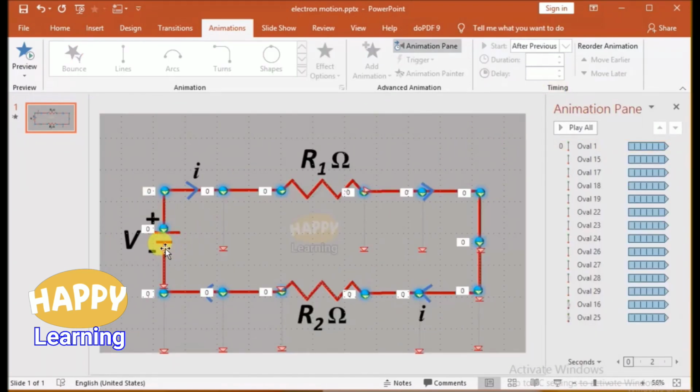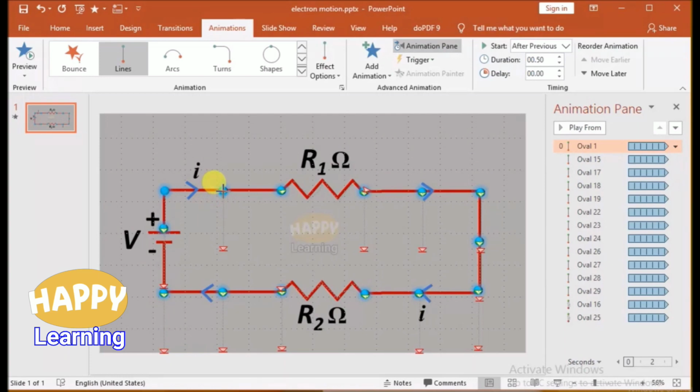Now the each object we have given line motion, so it has got a green dot and a red dot. A red dot is the end point. The default motion is top to bottom. So by drag and drop, by click hold the red button and place it on the connecting wire, circuit wire, so you can change the direction of motion.